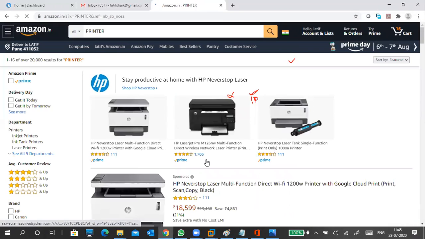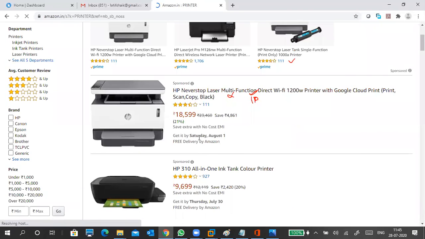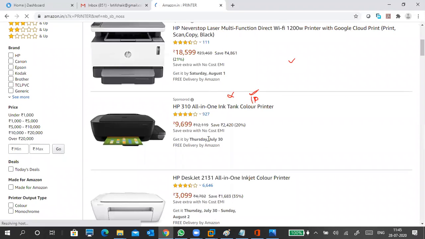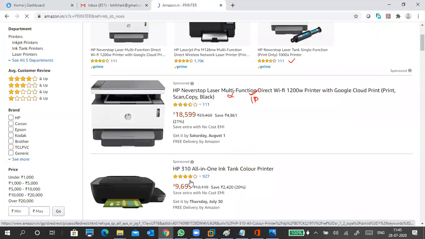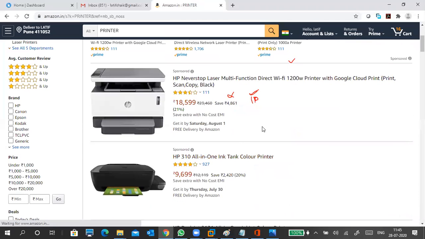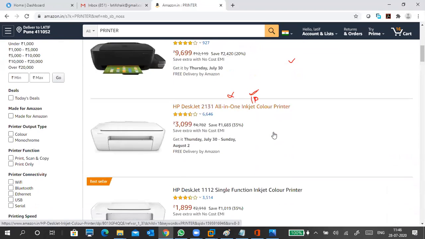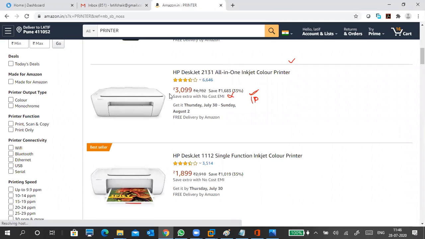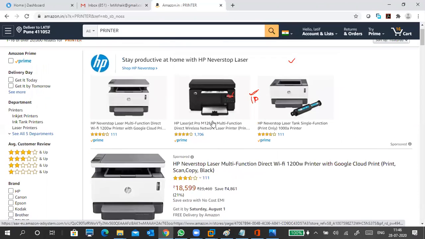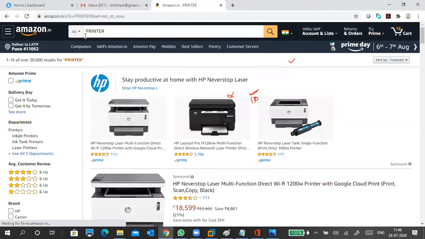So I type printer, then you can see different printers are there now. Tank printers also came up, all-in-one tank printers also came up. Can you see, this is a Wi-Fi printer, through the network. This is a normal printer. These printers are directly connected to a PC and we can take the print from the PC or share the printer.